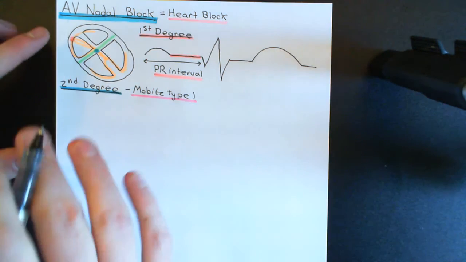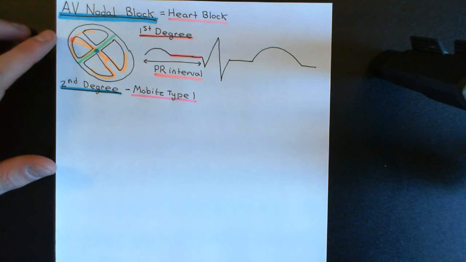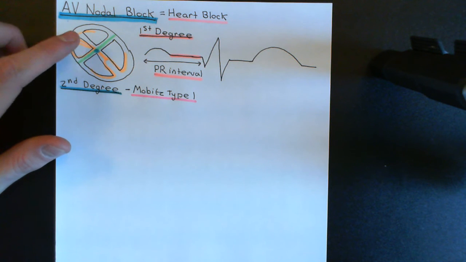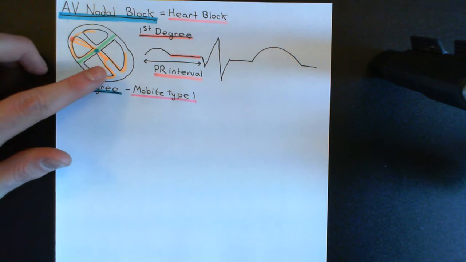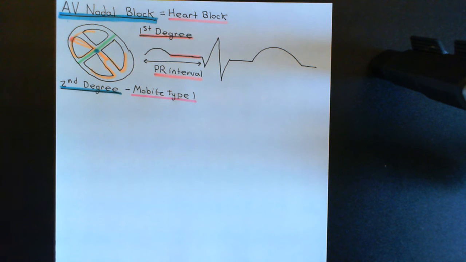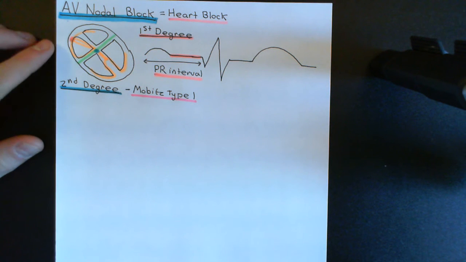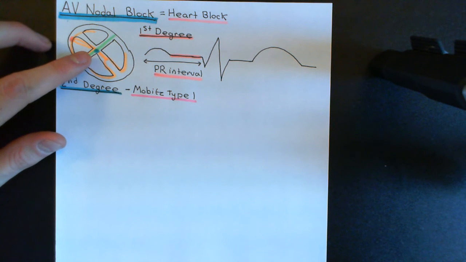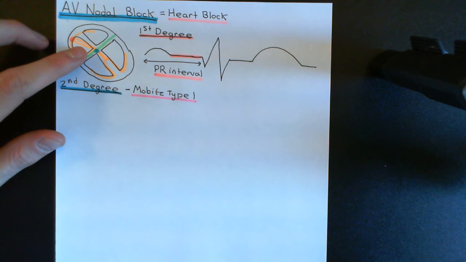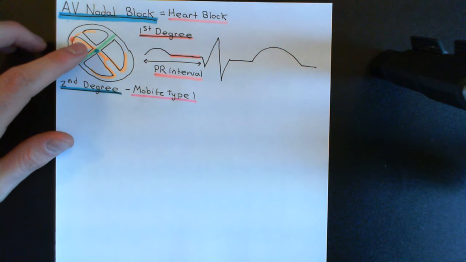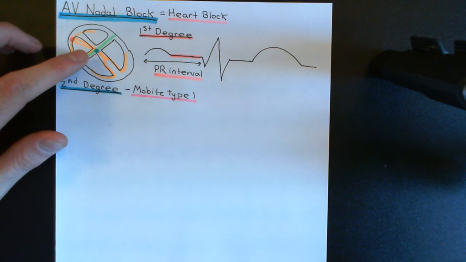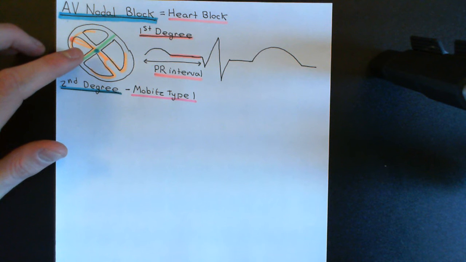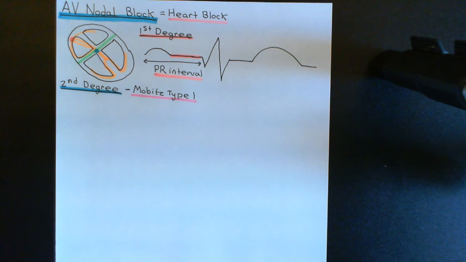Let's start from the beginning. The sinoatrial node will send the first electrical signal down, it will propagate down to the AV node, and the AV node will conduct it in a certain amount of time through to the ventricular side, and then ventricular depolarization and contraction will ensue. On the second time, when the sinoatrial node sends its second electrical signal, it will get down to the atrioventricular node, and this time, the atrioventricular node, if you're suffering from Mobitz type 1 second degree AV node block, will take longer to conduct it than before. So it's getting progressively longer, but it will still get it through. It will arrive through on the ventricular side, it will just take longer,